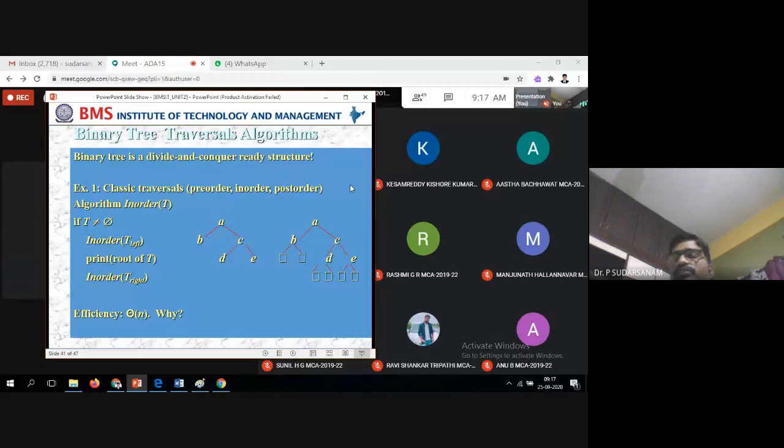So this is the way of writing the examples. You can take any example and write it; it's left to you people. Just the algorithm is written: if T is not equal to null, in-order of T of left, print root, in-order of T of right. I don't know whether you are able to remember this. Wherever you have the root node, you have to print it. Otherwise, this is called left recursively, this is called right recursively. You will be going like that.